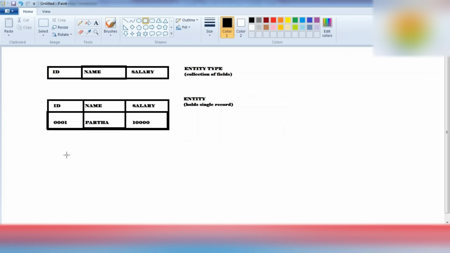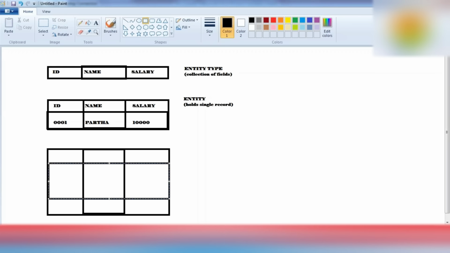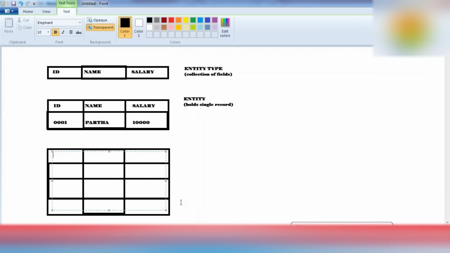Similarly, we have entity set. Let's suppose this is your ID, this is your name, this is your salary field.